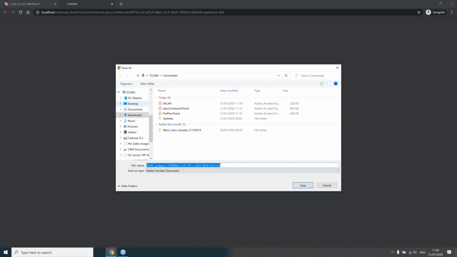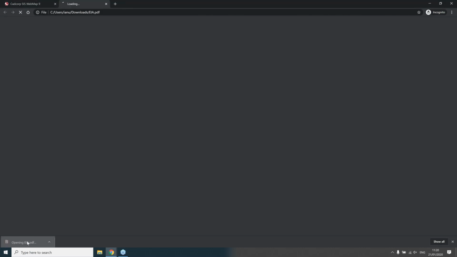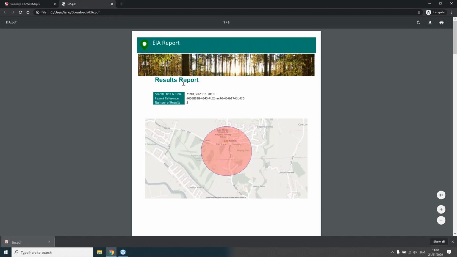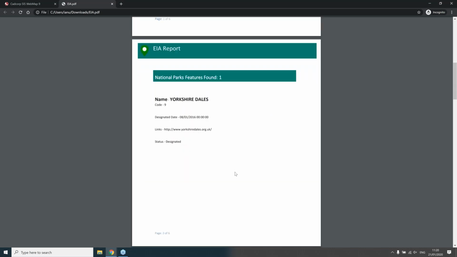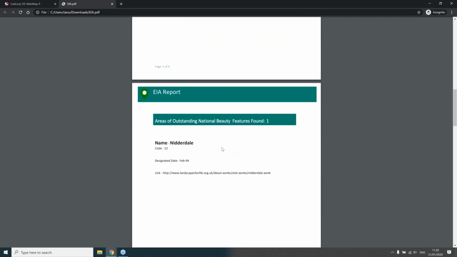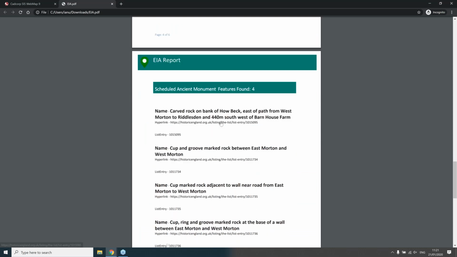And then when we say we want to download that as a PDF, if we call this our environmental impact assessment, we can save that. And then, as we've seen previously, we've got a nice little PDF. Again, this one is based on the environmental impact assessment report. We've got the search date and time, the report reference, and the number of total results that have been found, with a map. It lists all of the data again, so we can see our national parks with the relevant schemas, areas of outstanding natural beauty, the World Heritage Sites, and then things like the scheduled ancient